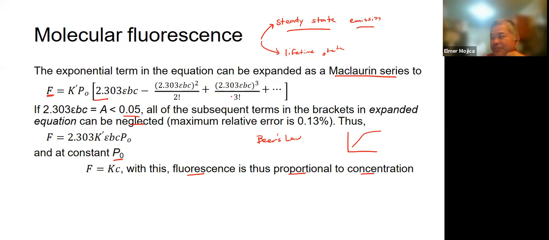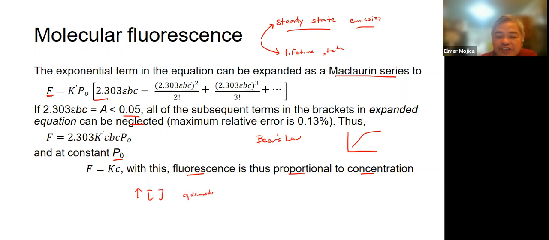You also have to be careful with the concentration. Okay? Because fluorescence is only going to be linear in a certain concentration range. At higher concentration, there are some issues that arise. Okay? So what is this issue? Similar to Beer's law, the relationship is no longer linear. What happens at high concentration,